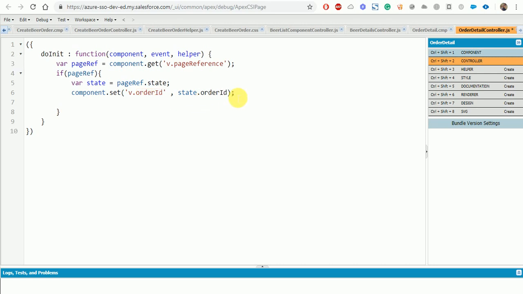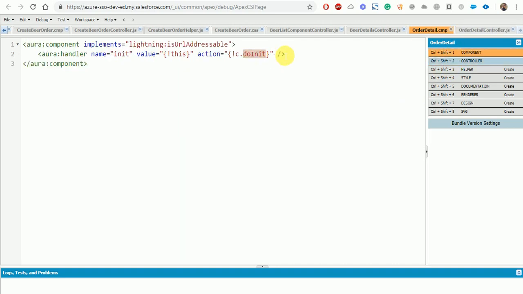and here what we'll do, component.find, as we saw in the lightning standard controller, this is the aura ID of the force:recordData. So first we are going to create an attribute with the name orderId in type of string,